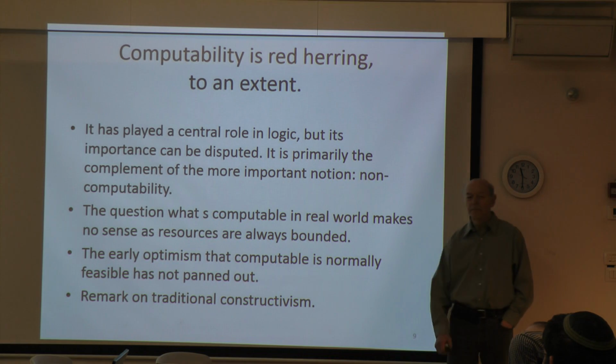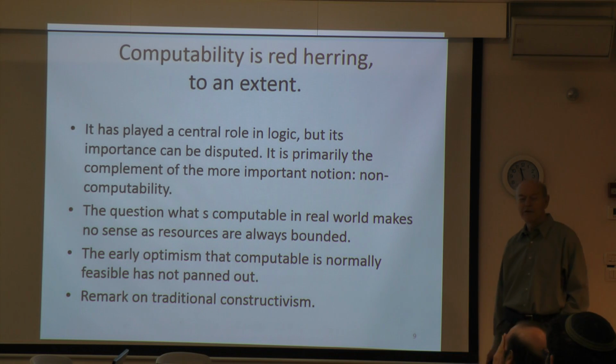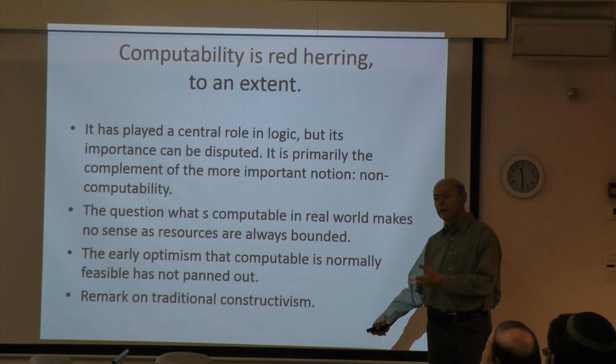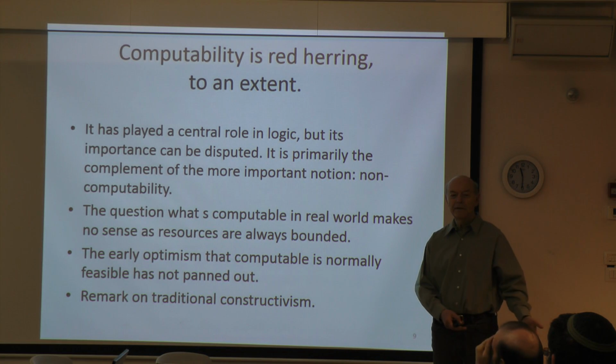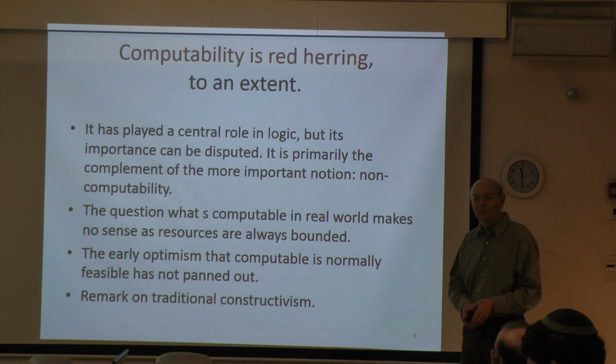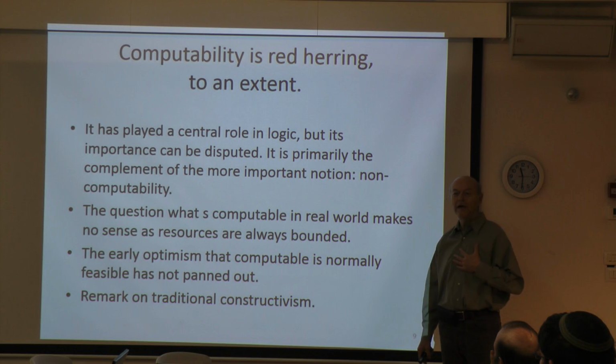I wrote many years ago a paper against traditional constructivism. Sometimes people speak about classical mathematics and constructive mathematics, constructive philosophy, as if these are two equal things. I think the constructive philosophy was just an error. It is not equal to classical philosophy. And what was the error? They really took this point about computability to heart. So constructive was recursive.